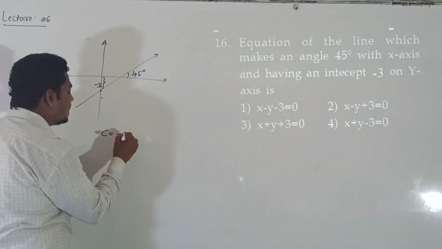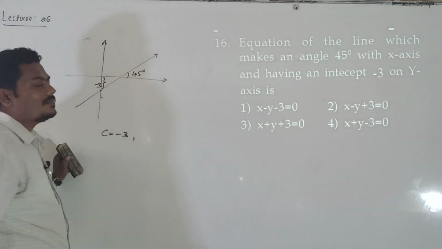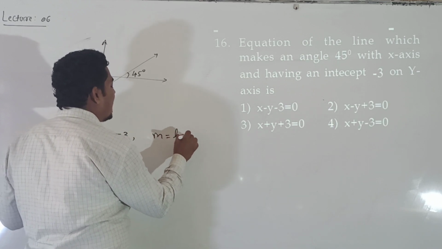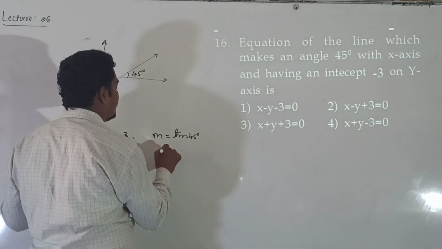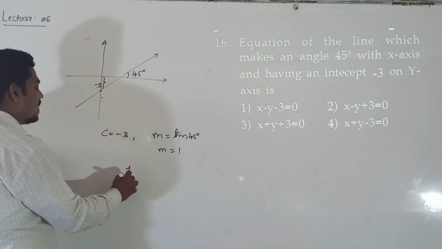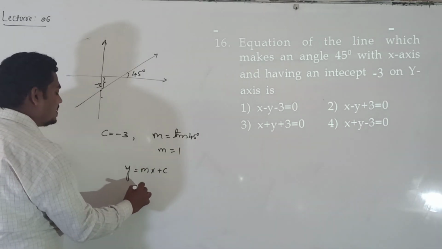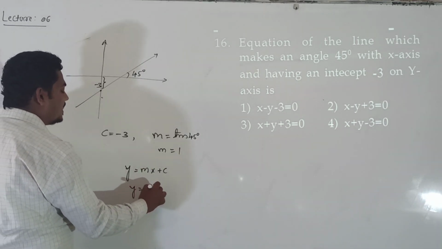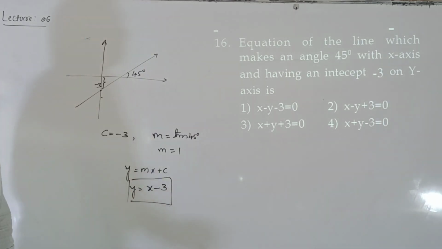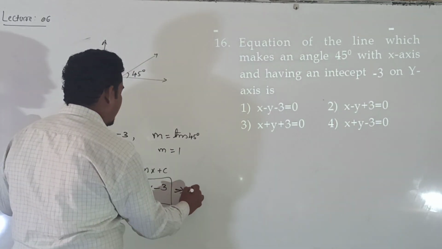The y-intercept c value is -3, and in this case the slope is not given, but the inclination of the line is given. Inclination of the line: m is equal to tan 45 degrees, then m is equal to 1. Then with slope and y-intercept given, y equals mx plus c, so y is equal to 1 times x, with c value -3. Means our required equation is y equals x minus 3, right? Y equals x minus 3, or else just rewrite it.